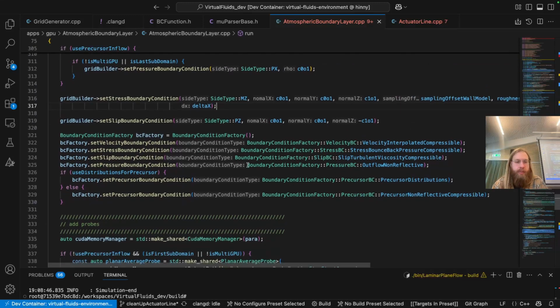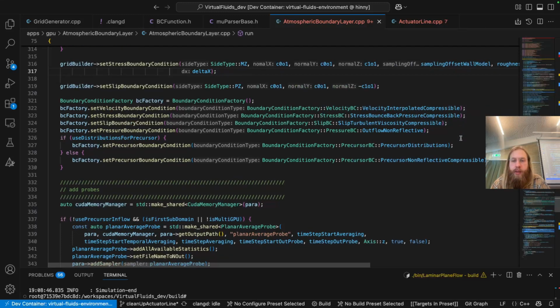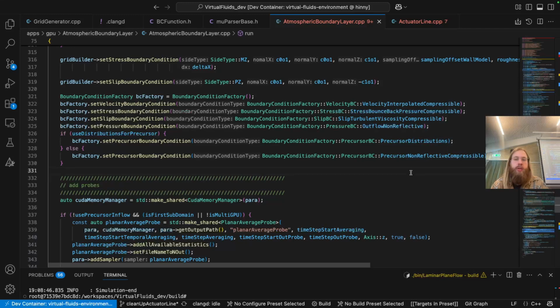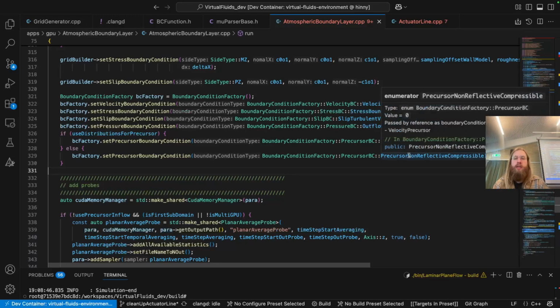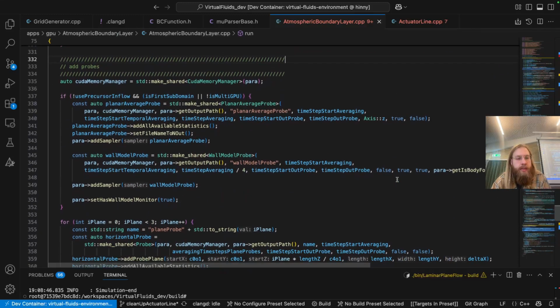And then we set all the other boundary conditions. Here we have to pick which one we're using. For the precursor, we have to tell it if it's going to be a distribution precursor or a velocity precursor, and this naming tells you which kind of velocity boundary condition we set. So these correspond to the normal velocity boundary conditions. And then the next thing,